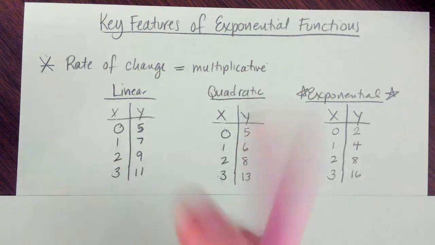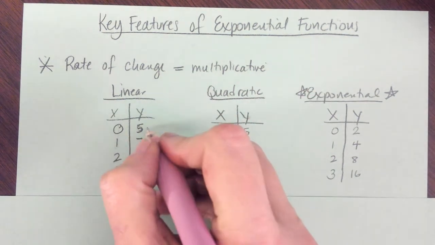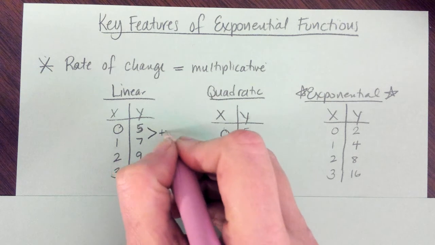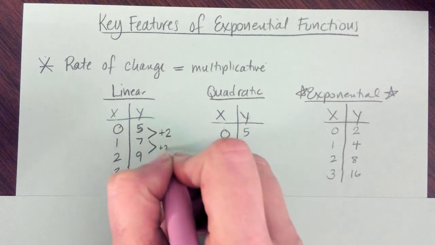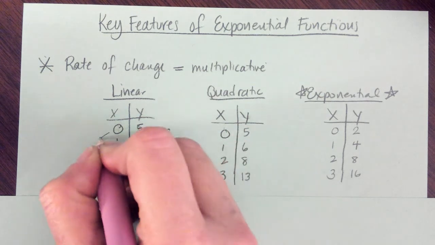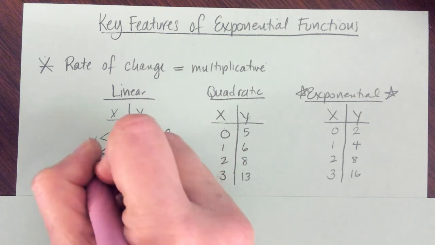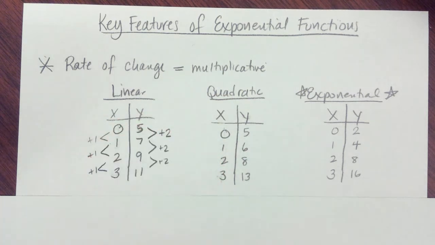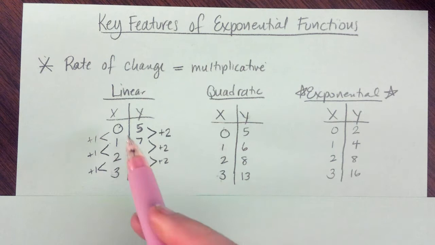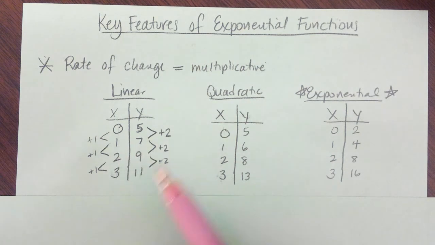If I look at linear, my rate of change is additive, which means that I'm always adding to get to the next row. Obviously, it looks more stable when I'm going up by 2, but my delta y over delta x is always something I can find by adding. So my change in y is added. Okay. Now for quadratics,